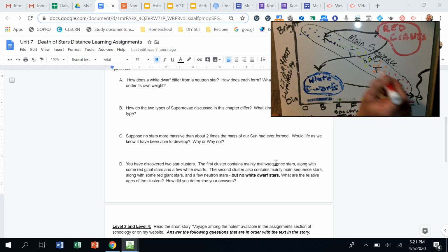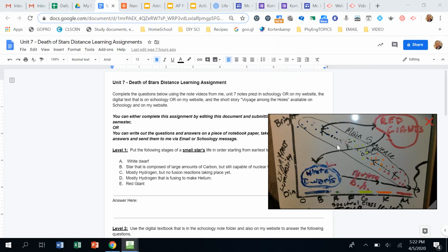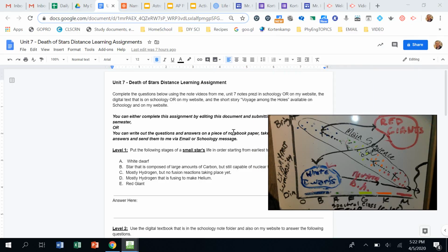When small stars go to die, they swell up as a red giant. Then when they explode, they don't become a white dwarf. They turn into neutron stars, black holes, and all these other things. So that tells you that star cluster 2 is from high mass stars, not low mass stars. If you know that, and you watch the notes video, you'll learn that high mass stars have a different lifespan than low mass stars, and that'll help you answer this question. I just want to bring that up because, A, it'll check to see if you watch these daily videos, and B, it'll help you answer that question.